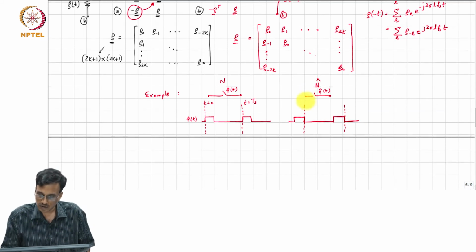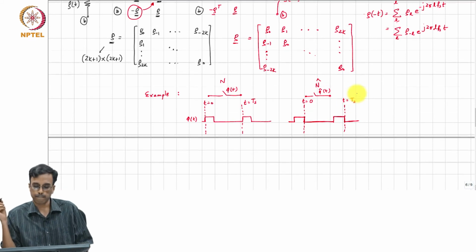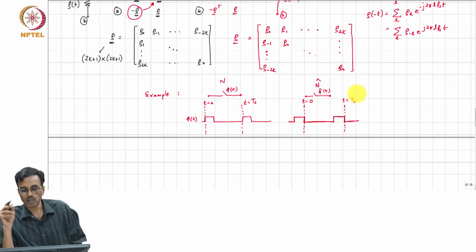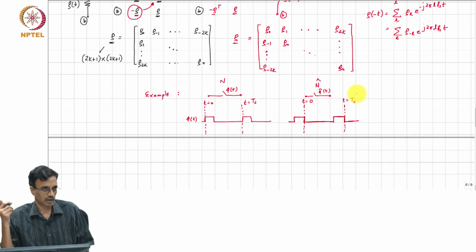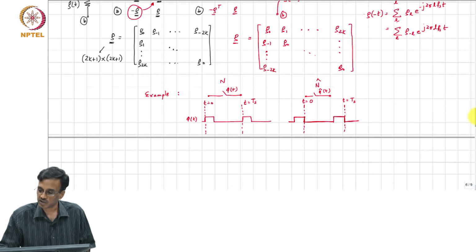All right. So, this is t equals 0, this is t equals T s, all right. So, if you have multiple switches, you basically do the flip for everything, right. So, to summarize, therefore,